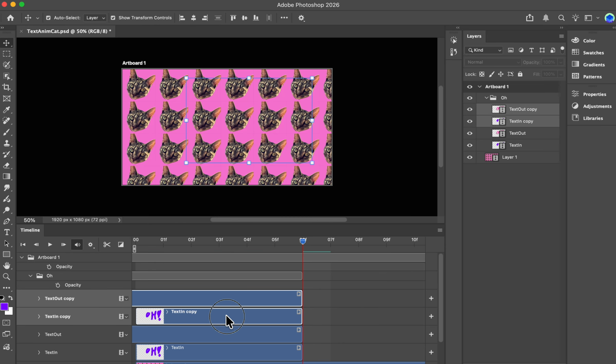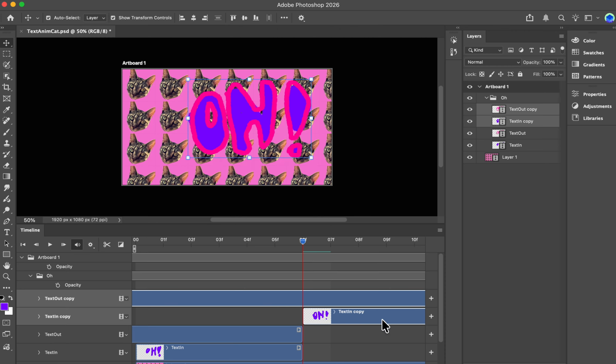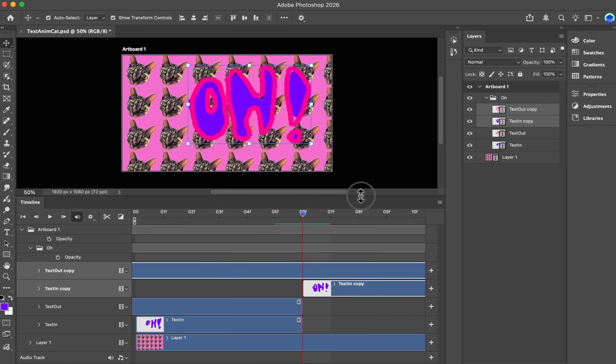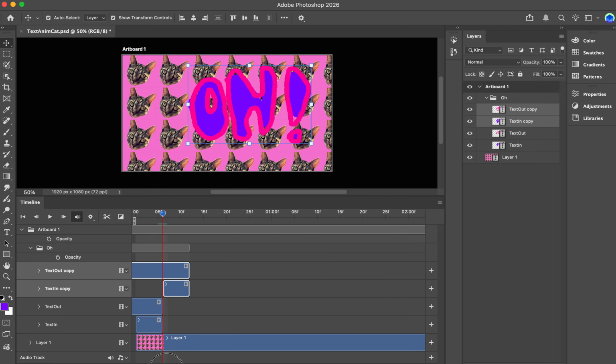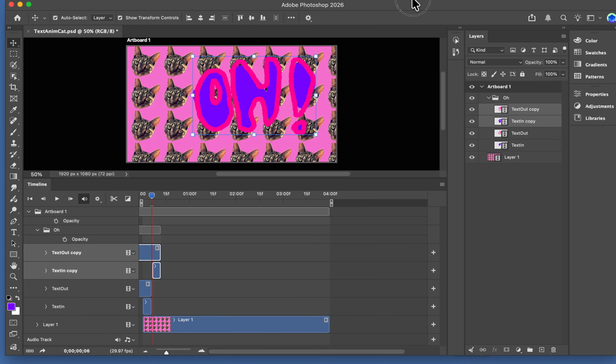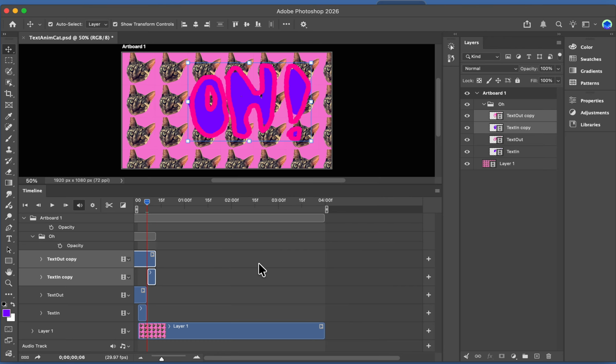But now we're going to move them to the beginning, or where the timeline is. So you see one of them, it's the copy text in. You can see the beginning of it. I'm not really sure why the other one doesn't show us that, but that's all right. I'm going to just zoom out a little bit. I'm not sure if you can see my mountains here. Sorry if I'm cutting that off a little bit. Okay, maybe you can see them. We can see more of our timeline.